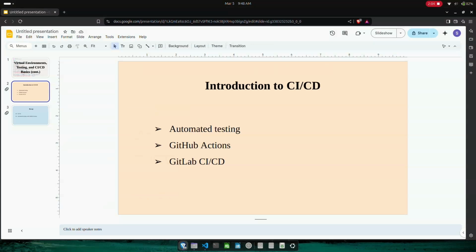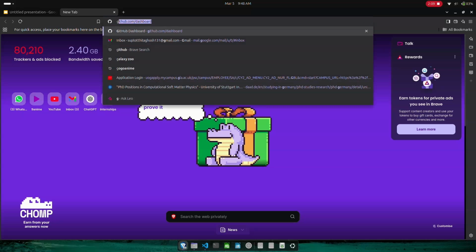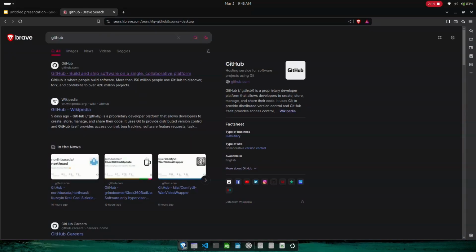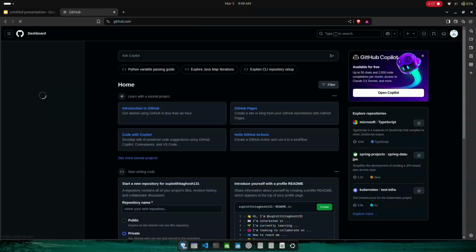To get started with GitHub, you can create an account in GitHub. For that, you'll have to Google GitHub and click on the official website. Since I already have an account, I'm going straight into my account. But in case you do not have an account, you have to sign up. And in case you have an account but you aren't logged in, then you have to log in. You'll get a sign up and login message once you click on the official website.